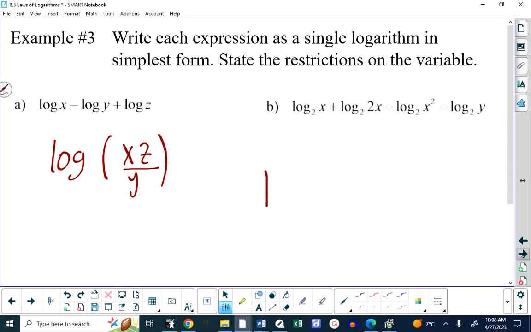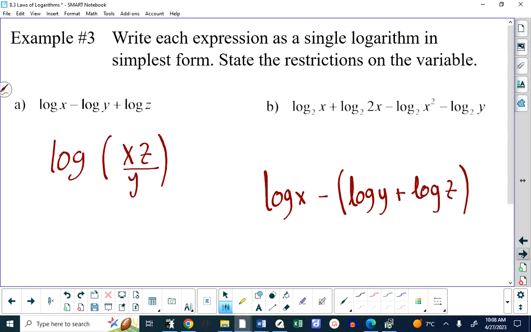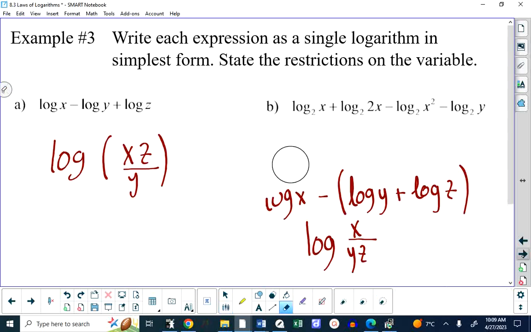If it were this, these are base 10 logarithms, then it would be log of x over yz. But it's not. That log of z is a positive logarithm, so it goes on the top. The z goes on the top. Over here,